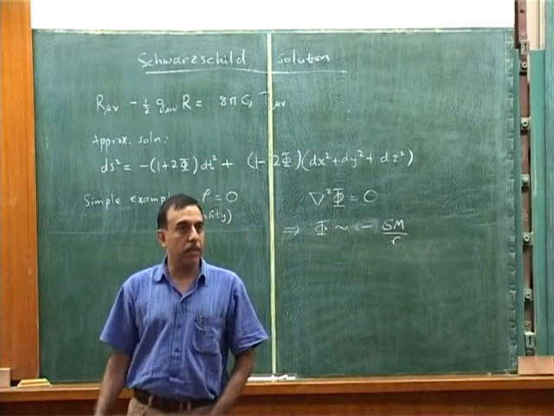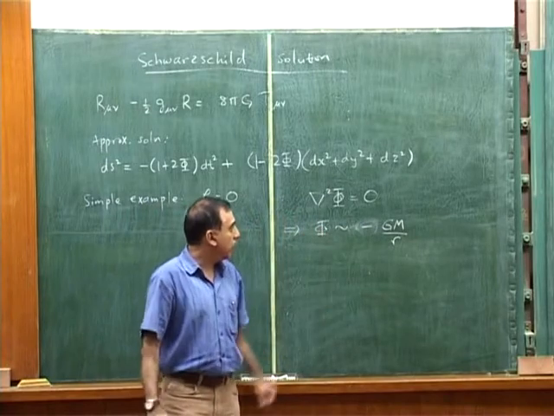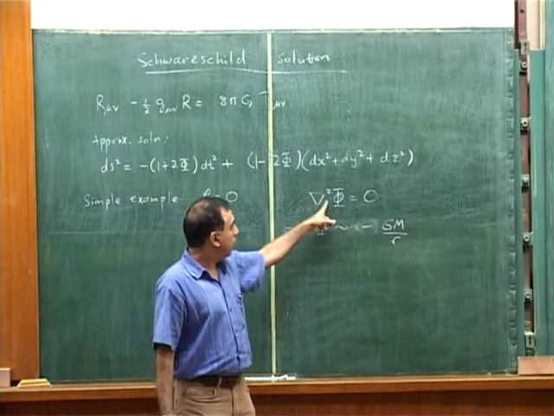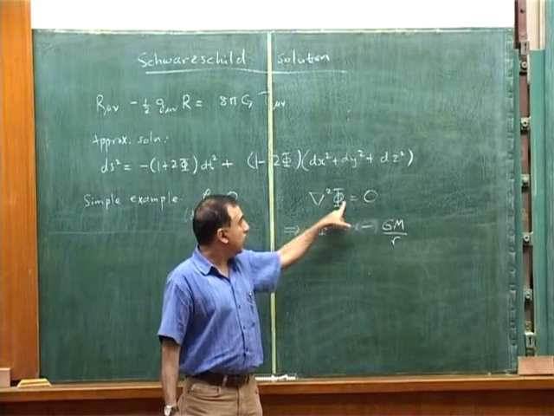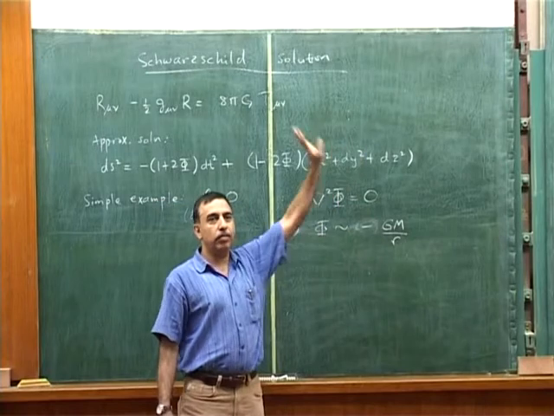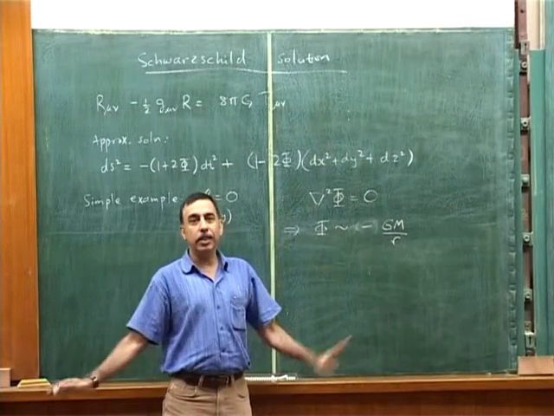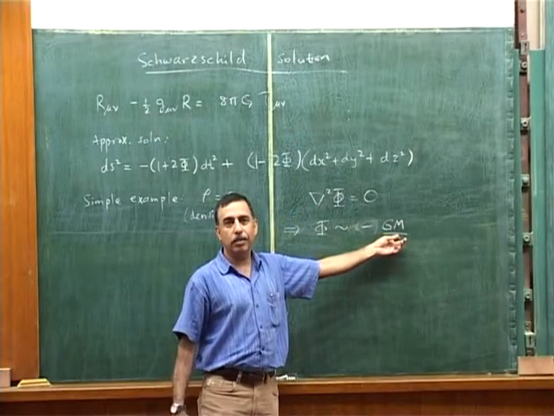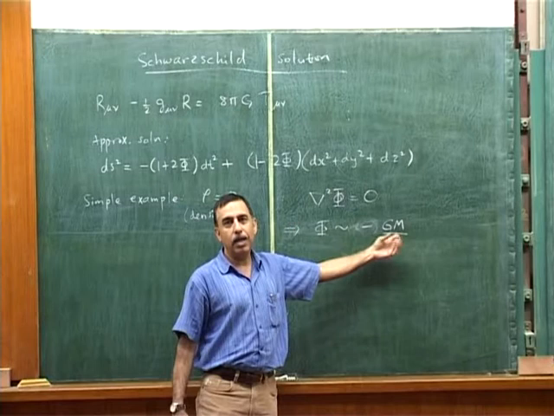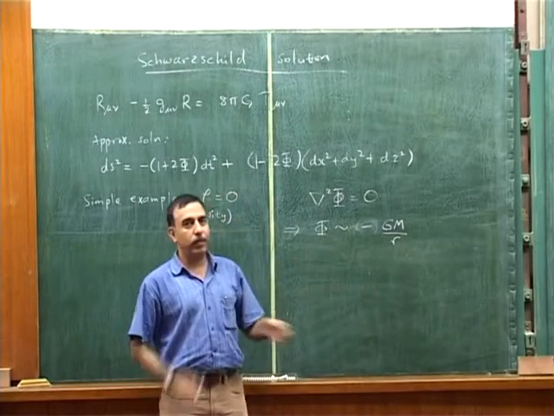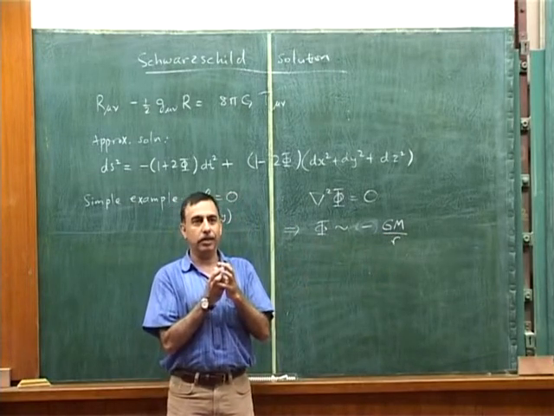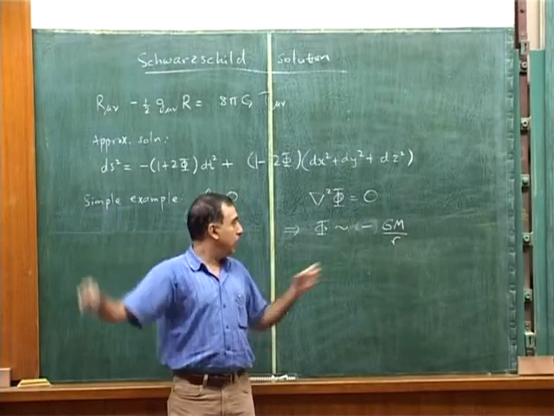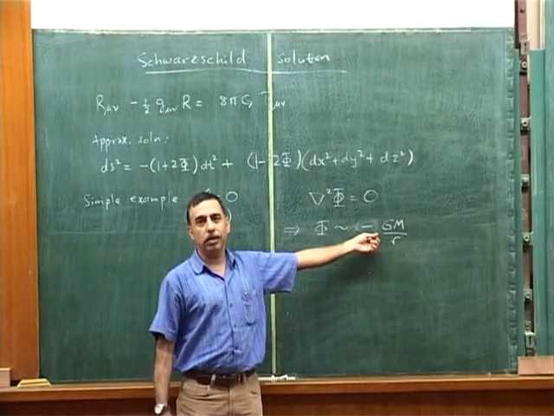Now here's an interesting physical fact which we should give a little thought to. We all know it, but it's still worth giving a thought. How on earth can I take an equation which just says that ∇²φ is 0 in some region of space which has no energy at all, there is no source, and come up with a solution like this? It seems very counterintuitive. At the same time, it's also true, because if we did have a body which had an energy density, a mass, and we went far away or just outside the body, we would be in empty space, but we would see such a gravitational potential.